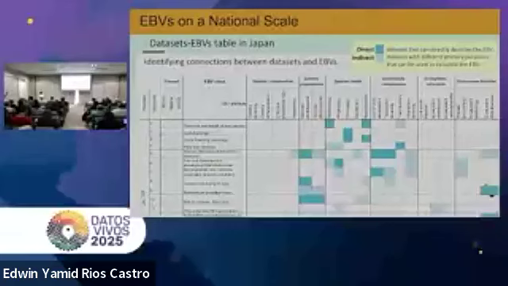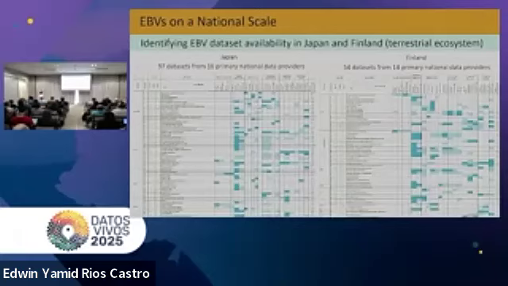As a result, we found 97 datasets from 16 primary national data providers in Japan, and 54 datasets from 14 primary national data providers in Finland.